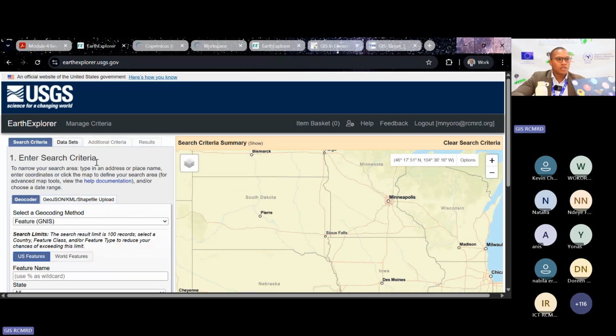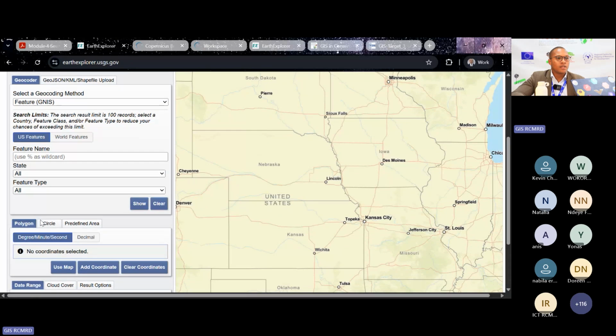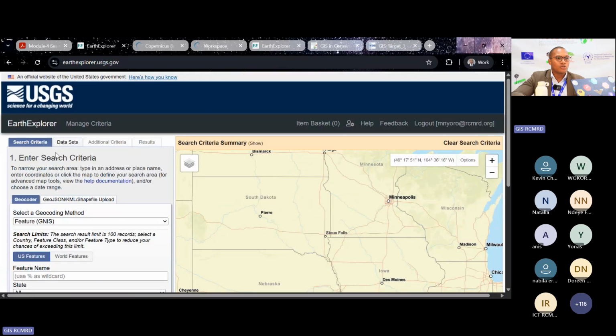So the platform looks like this. We have the search criteria. We have where we access the data sets, additional criteria, and results. We cannot access the other tabs since we have not selected our area of interest or the date range that we need. So the first thing we are going to do is